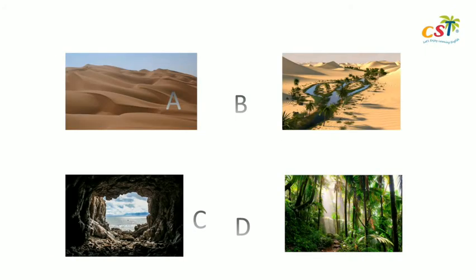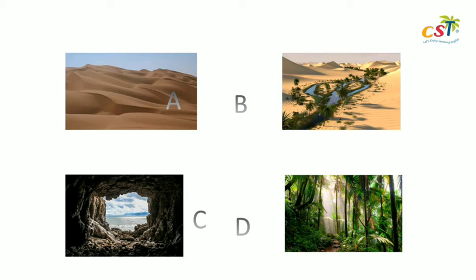Next, picture A is desert. Desert atau gurun pasir. Not desert ya, but desert, gurun pasir. And picture B is oasis. Oasis, tulisannya oasis, bacanya oasis. Is source of water in deserts. Sumber mata air di desert. So, if you go to a desert, probably, yes, it will be hot and dry, but you can still find water. Picture C is cave.